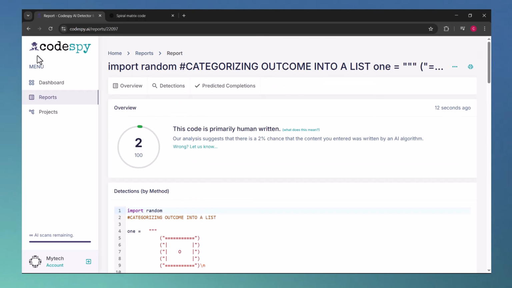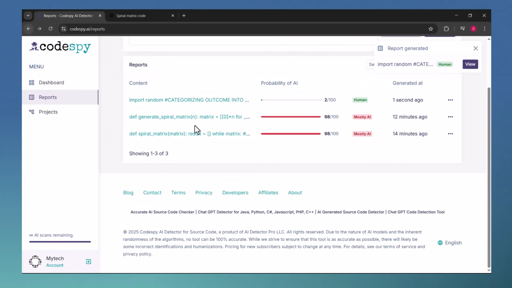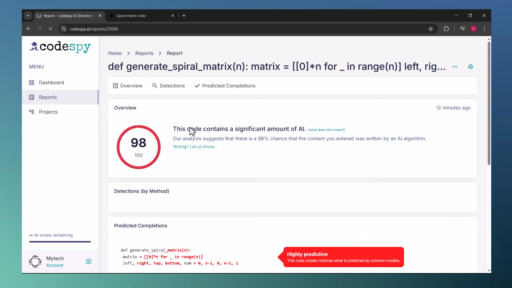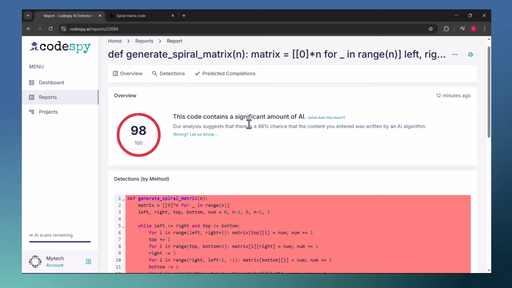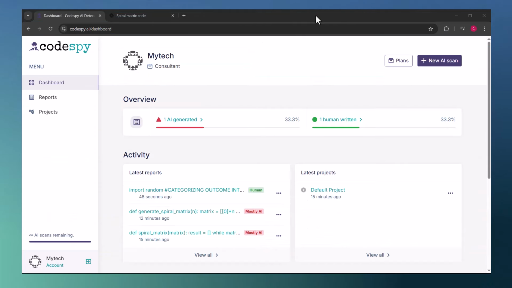I have got to say, the CodeSpy website itself is really impressive. It's designed to be fast, clean, and easy to navigate, which makes the entire experience smooth for users. The dashboard layout is simple yet powerful, allowing you to quickly access all features without confusion. Everything from registration to scanning your code and checking reports feels seamless.